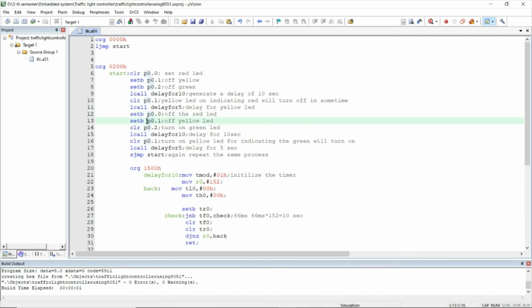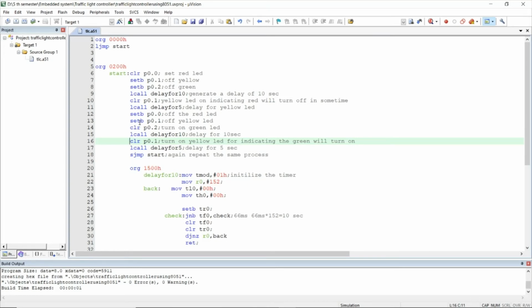By using CLR P0.2, the green LED turns on, and we maintain this state for 10 seconds, calling the same delay-for-10 subroutine. After that we turn on the yellow LED with CLR P0.1 and maintain this state for 5 seconds. We call this subroutine, and this has to happen forever.